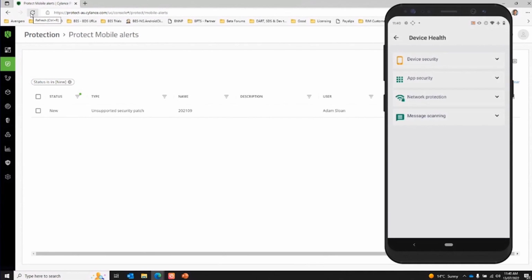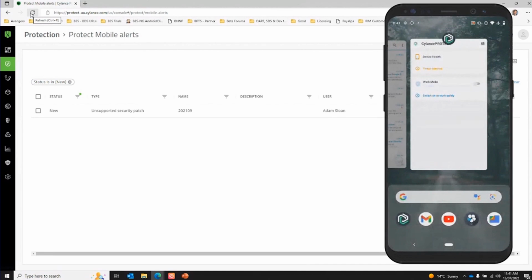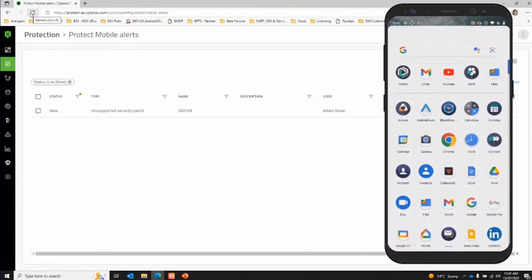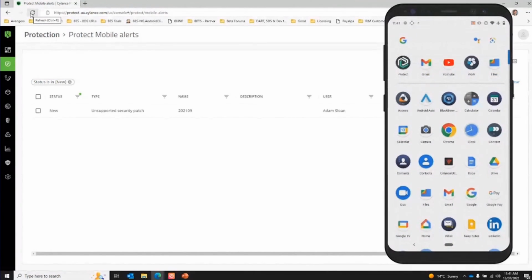All right, so next up, we're going to have a look at the actual mobile device itself. As you can see here, I've got the CylancePROTECT application running on the device. And again, it's just an application that you would install from the relevant app store, so either Google Play or the Apple App Store. It is also an application that, if you are using mobile device management, your administrator is able to push that out as an application that's either mandatory or one that is available for staff to